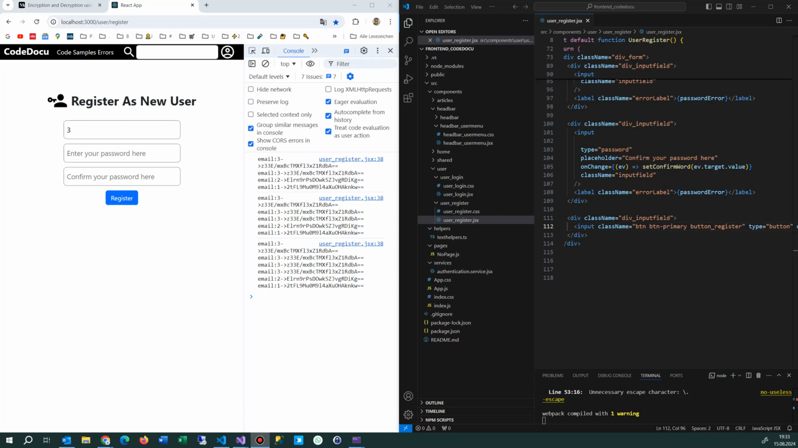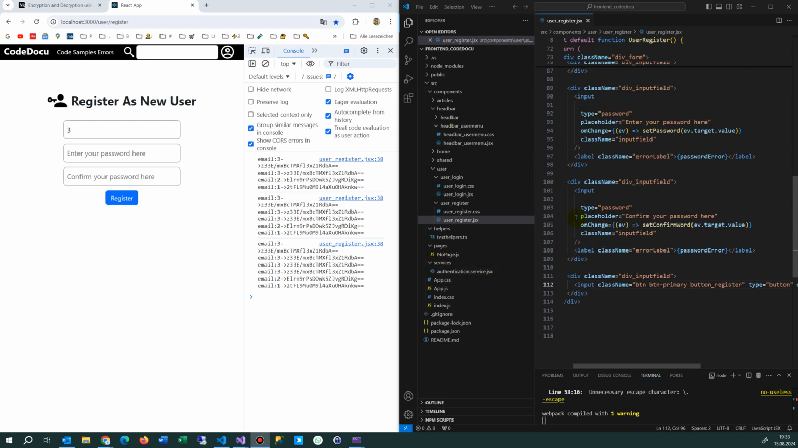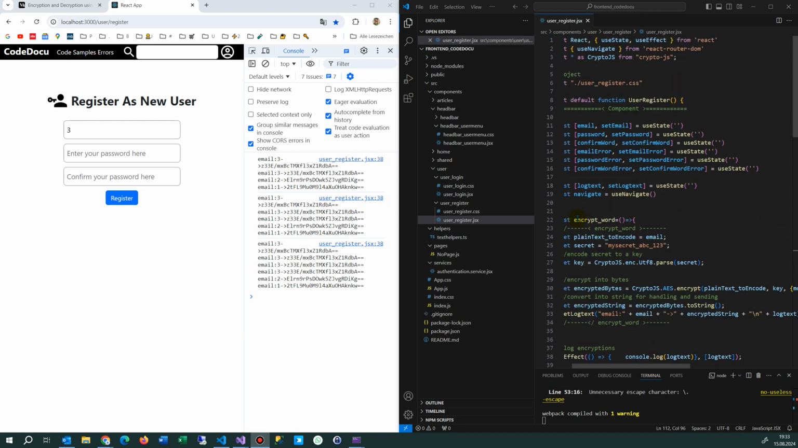Hi, in this video I will show you how to encrypt a word, email or password. Whenever you want to send something over the web, it should be encrypted. So for this code, what I want to show you, it is in React. I'm using